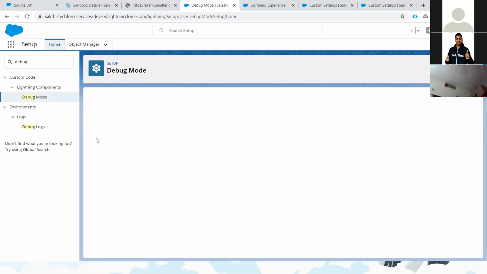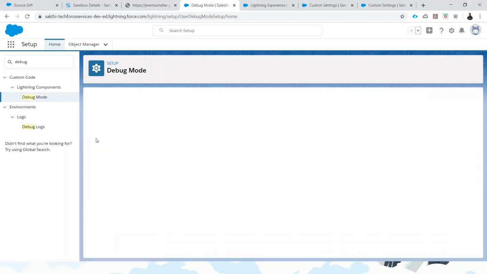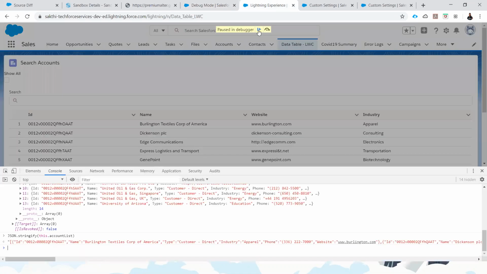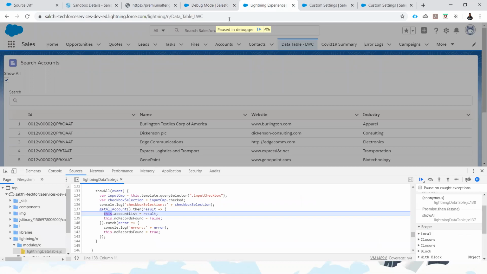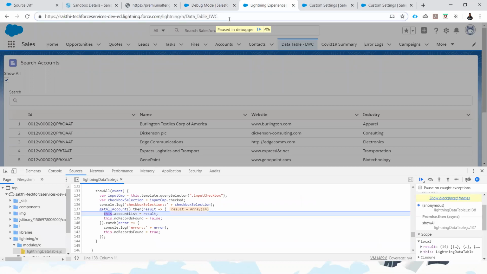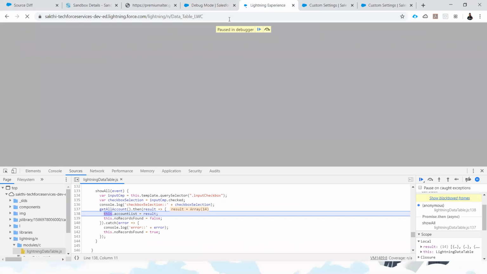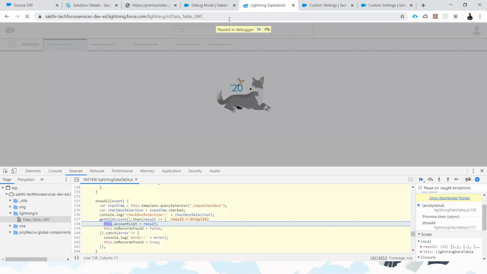That means whenever I am running as my user, it's automatically running as debug mode. Let me show you. Let me refresh this one. Now I enabled the debug mode. Now I am refreshing my browser.